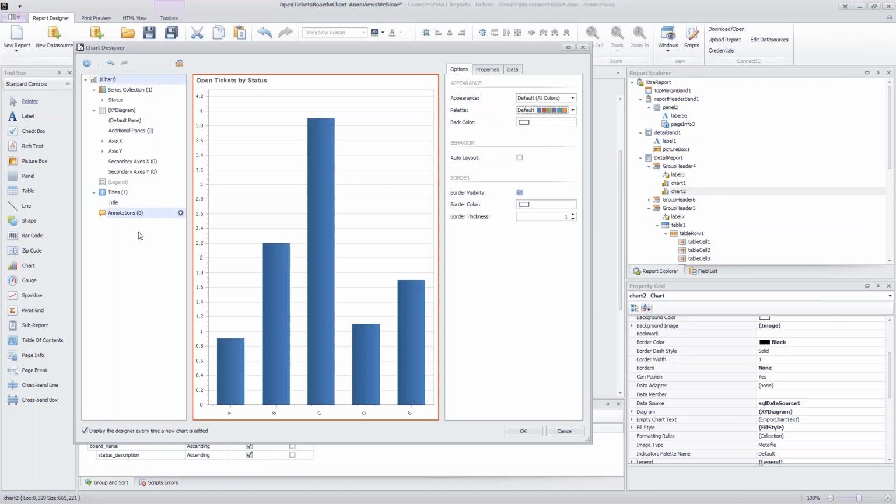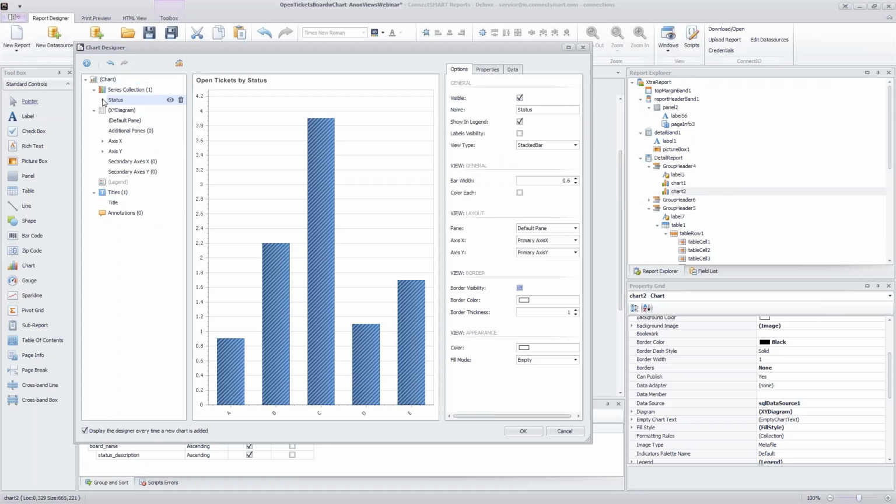One other topic we want to cover today is the point labels. And that will be found on each series that you have. So if you had more than one series, you have a set of point labels that would go with each series. So let's expand this button right here. And you'll notice that the labels now are, again, the visibility button is off. So just click it on, and now notice we have point labels on each one of our bars